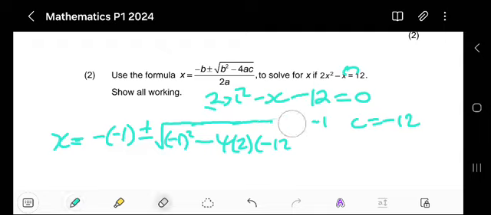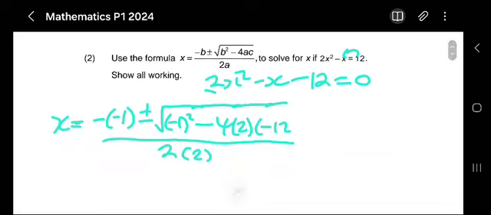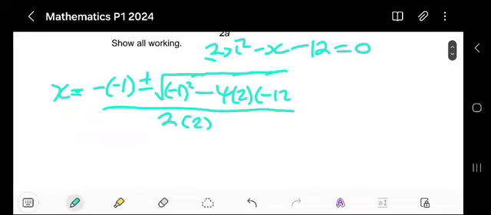Then we divide this by 2a, where a is 2. Therefore x will be equal to 1